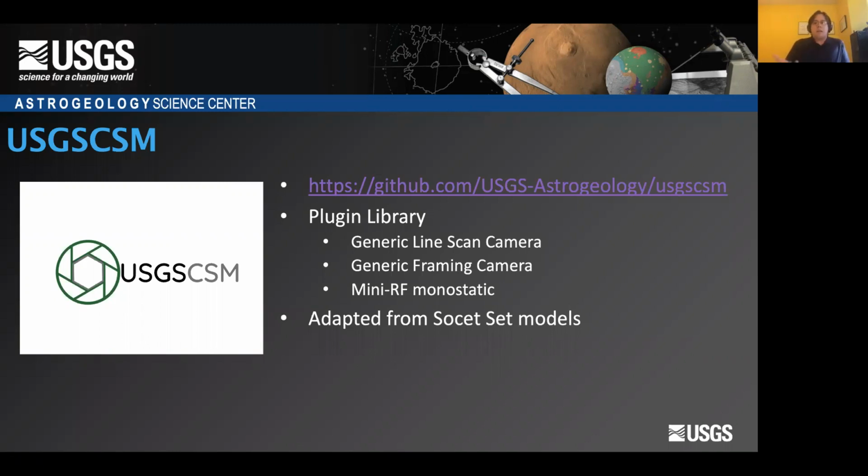So our primary implementation of the CSM API is called USGS CSM. I'm sorry if any other USGS Science Center ever wants to make one of these things. We can argue about names then, but that's what we've decided to call it. So this is, like I said, a plugin library. So it's got a plugin and a handful of models in it. Ours has 3 models. We have a generic line scan model that is actually adapted from a line scan model